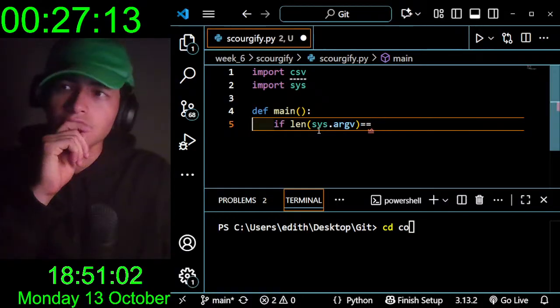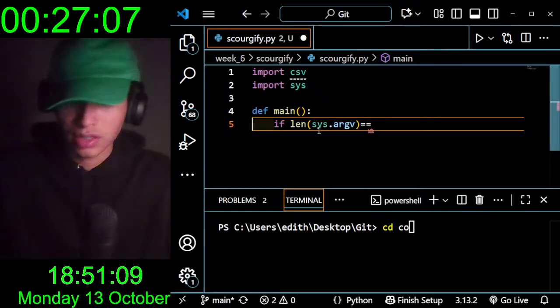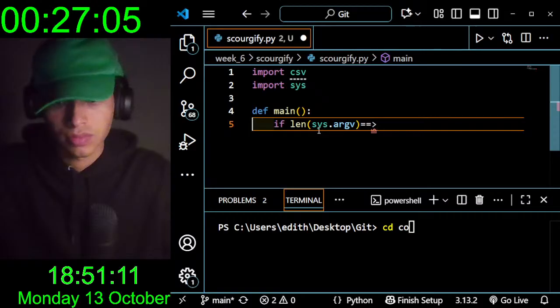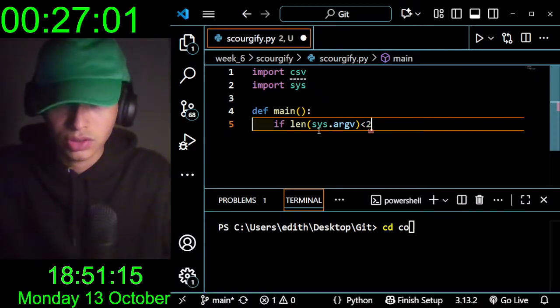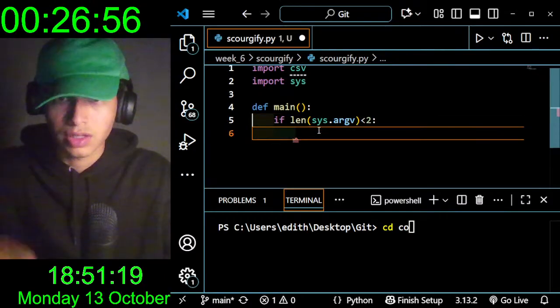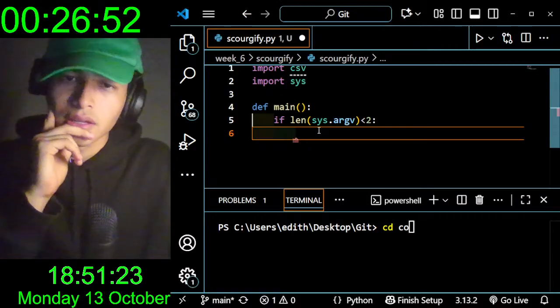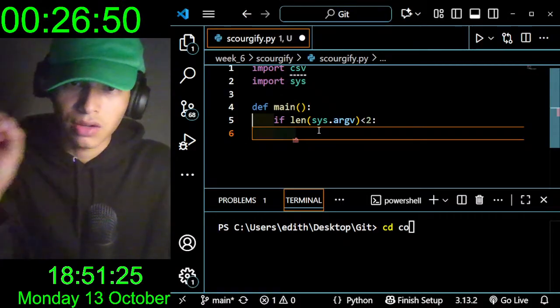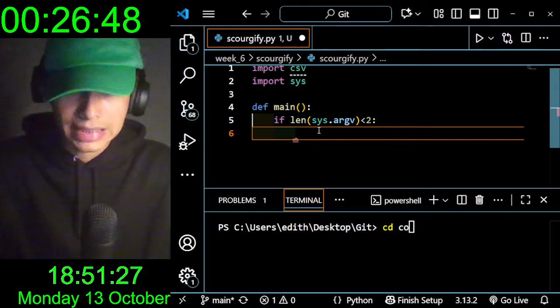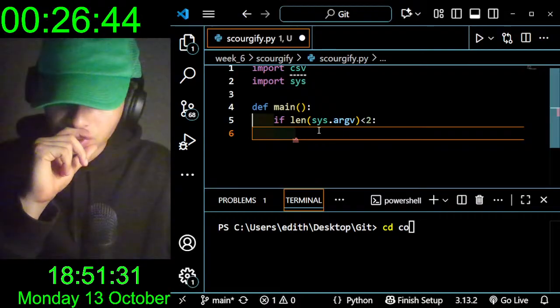Okay, now is equal to 1, is 2, is less than 2, is fewer than 2. If the length of sys.argv is less than 2, I have to put